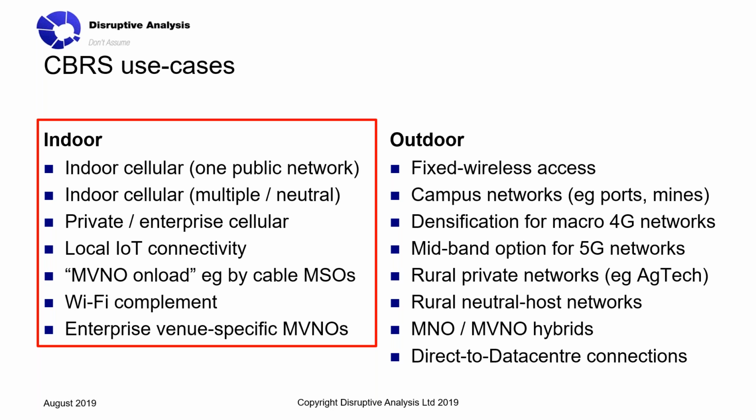And that can either be for a single network on premise where perhaps an organization has cut a deal with a particular carrier and wants to have better indoor coverage using, it could be their normal license bands, but it could also be CBRS. But where it gets really interesting is whether you can have a neutral host approach